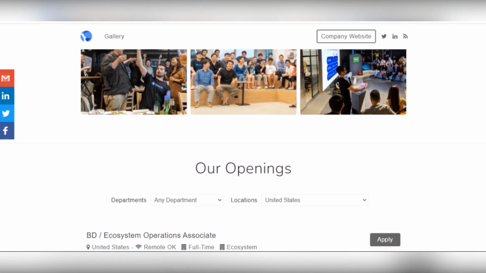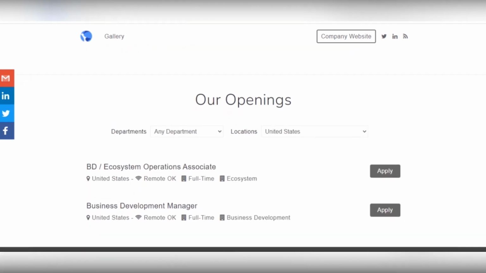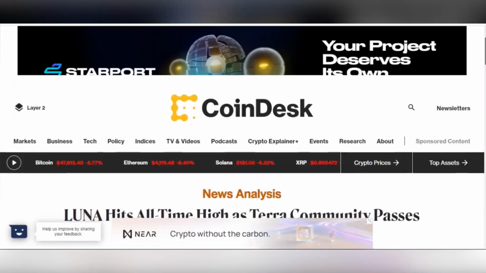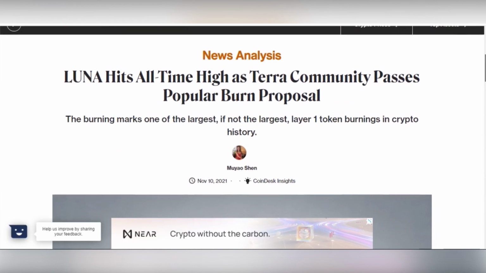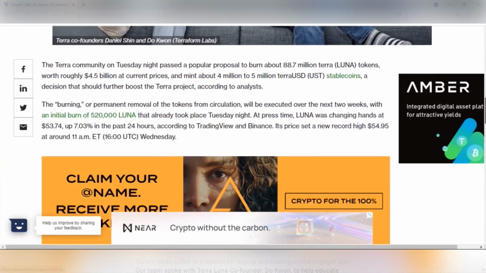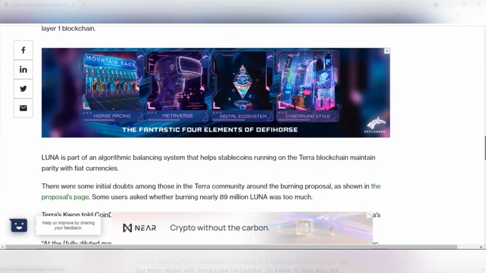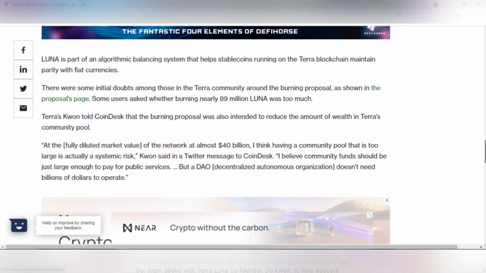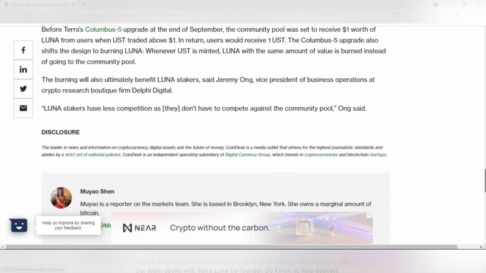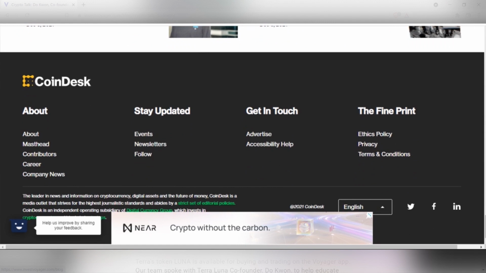So I think that Terra definitely does have a strong development team, and we can research more into that. I have been on other videos, but with Terra, I think their development team is good. They have Terraform Labs, and I don't think there's anything left to be desired when it comes to the people making Terra. I think they're very able people, and you can do a little more research yourself if you want to, but I kind of left it at that because I think their development team is solid.